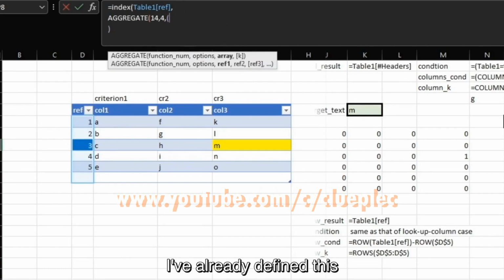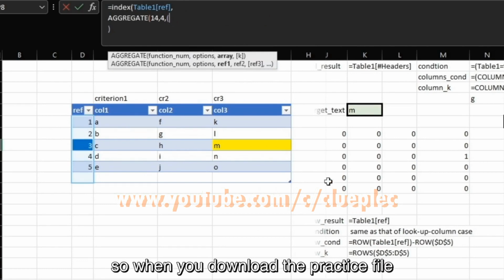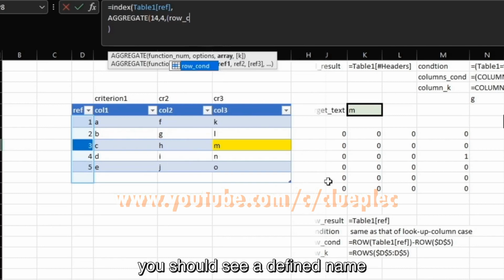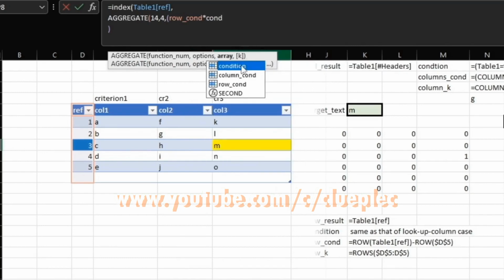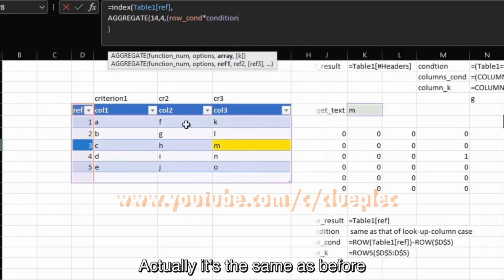I've already defined this, so when you download the practice file, you should see a defined name called row_condition. That's the thing for the very long formula. Multiply this row_condition to the condition. This is the condition. Actually, it's the same as before.